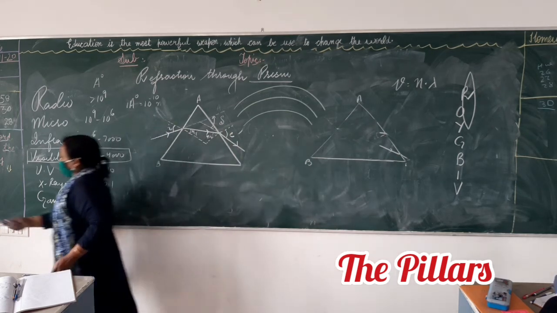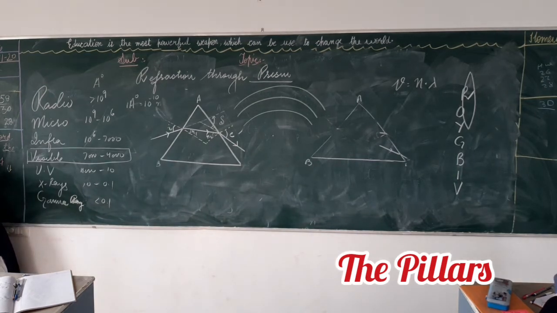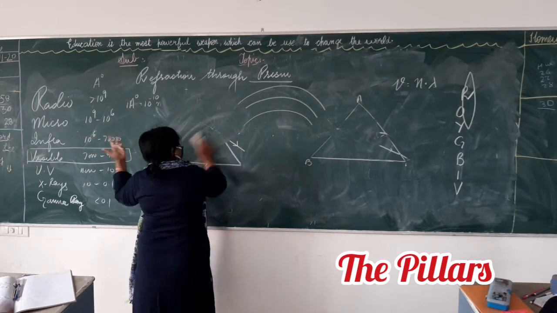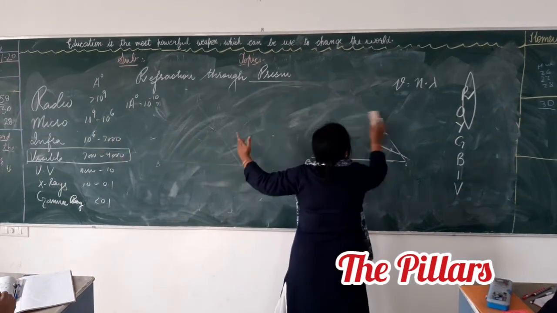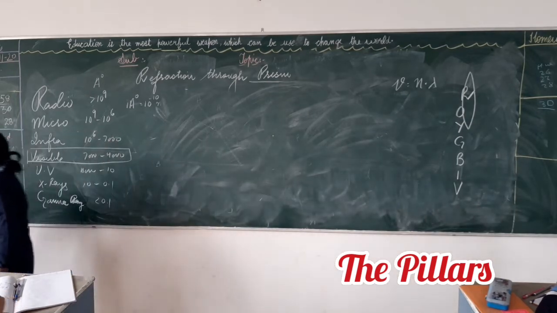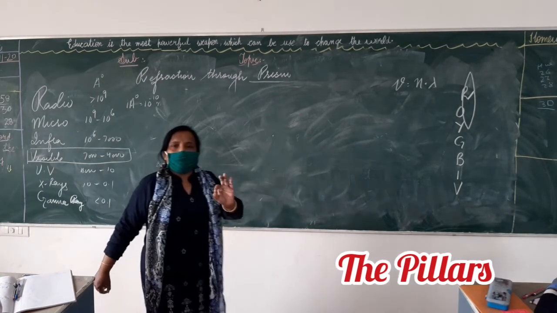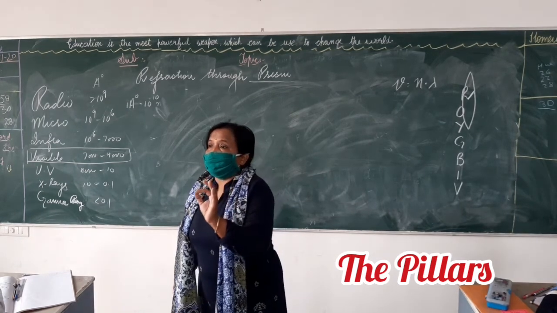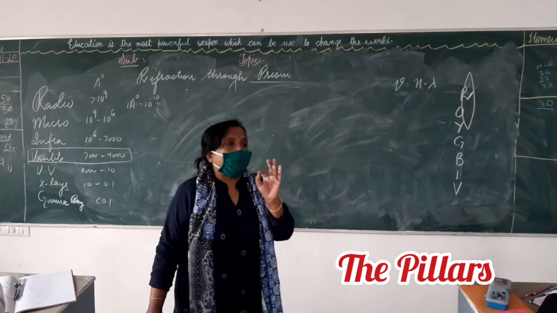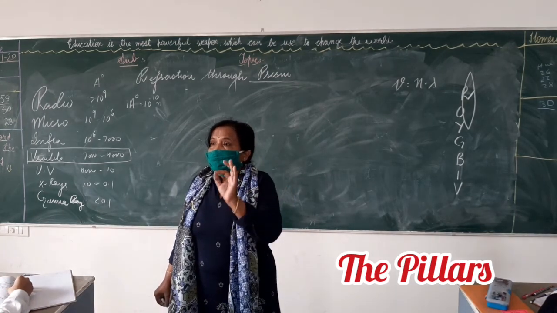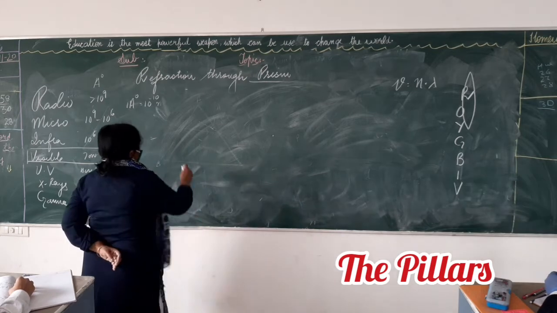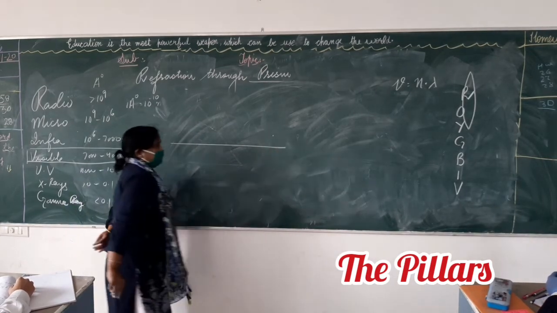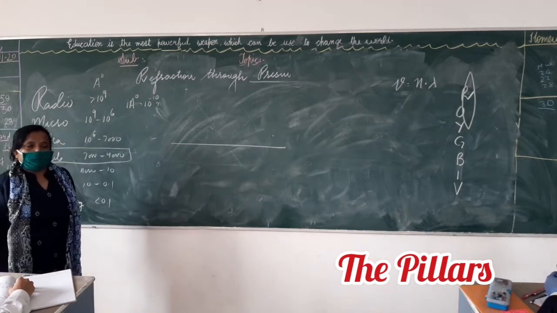Now, before I talk about this, very interesting. I am saying two, but there are many rainbows formed. Okay. Now, look here. Then what happens? This we want to know. You know what is total internal reflection? Who knows what is total internal reflection? Tell me. Ma'am, when the light rays after a certain angle of reflection bounce back to the same medium.